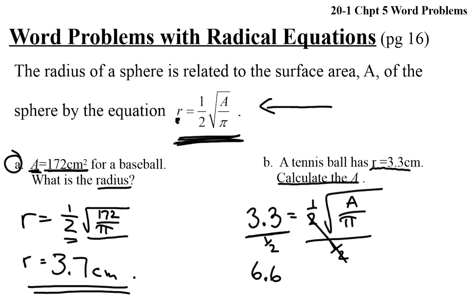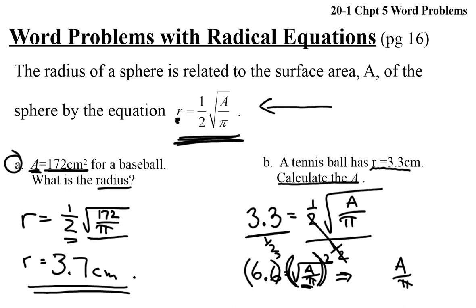We get 6 6/10 equal to root a over pi. Well, here's what we spent time with solving radicals. At this point, we want to get rid of the radical sign. We square it, because a radical times itself leaves us with just the radicand. So if I do root a over pi square rooted and I square that, I'm left with a over pi,